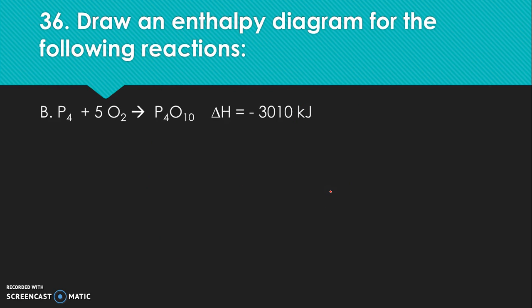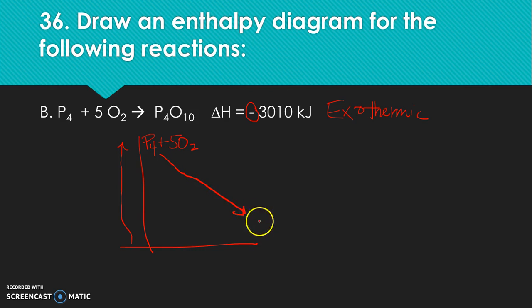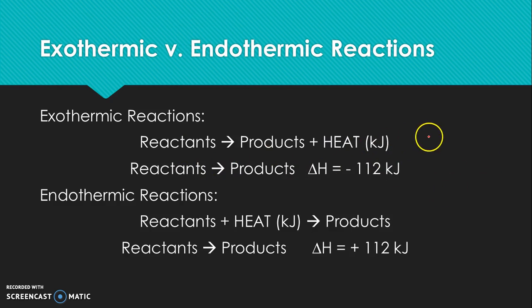It's going to go up. So if we had an exothermic reaction, similar to this one here, same thing, enthalpy is increasing as we go up, except now, that's a negative molar heat of reaction, which means this is an exothermic reaction. And if that's exothermic, we're going to start with our reactants, excuse me, up here. And then we're going to show that as the reaction happens, they are losing energy. And as they lose energy as it goes down, this is our enthalpy diagram that we're going to draw. So if we look back to what we've had every time, these are two ways, and then the other way, with an enthalpy diagram,